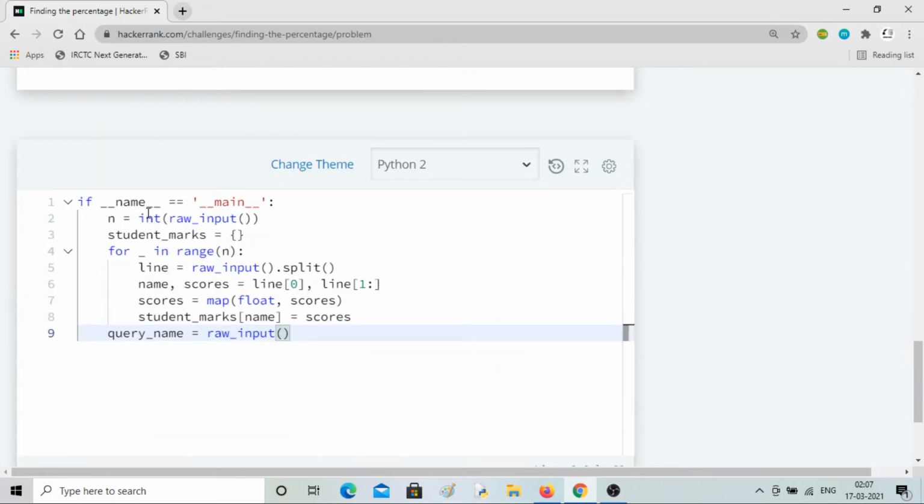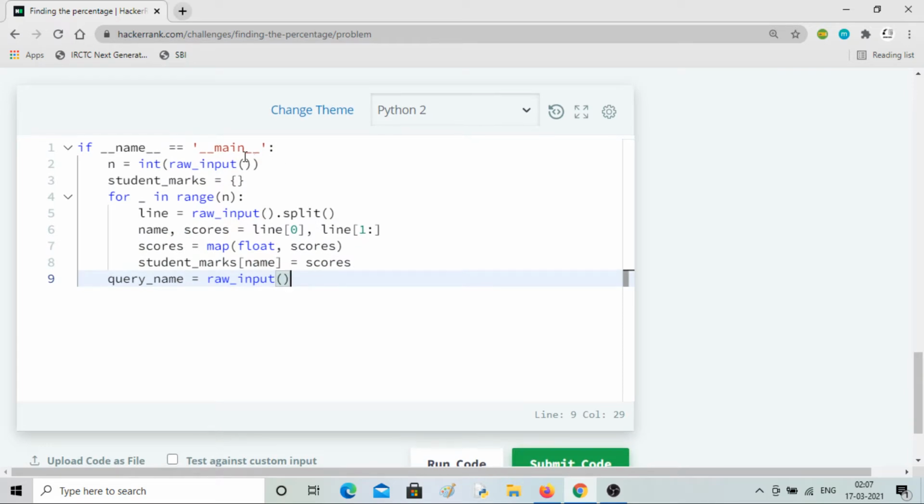So here is the code given to us. I can read that here you will get the integer value n, so that the for loop can run from 0 to n, and you can store the student marks in this dictionary. Inside this loop you take the line, name and score.